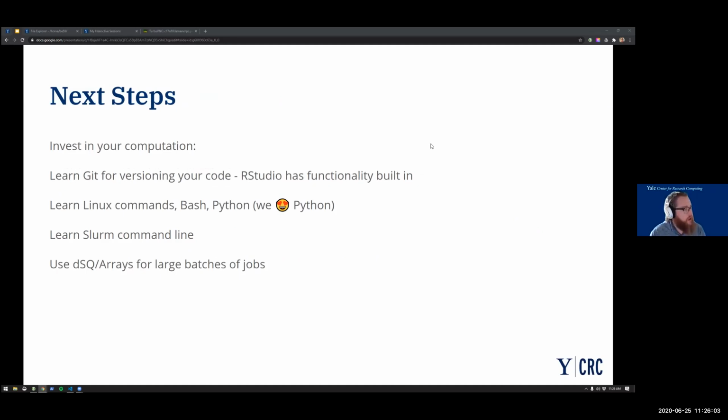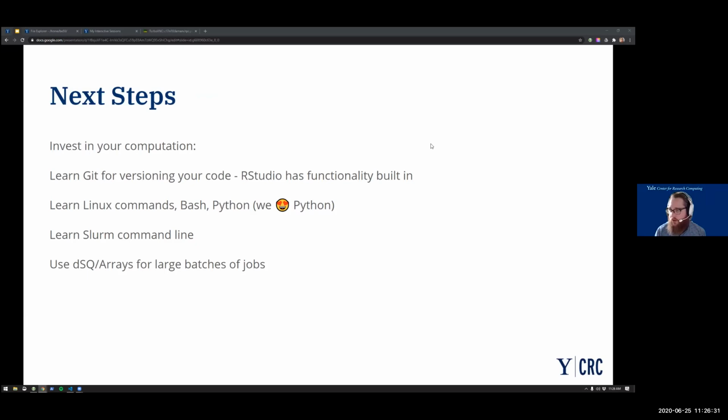So after you get up and running and you're happy with your RStudio work, what to do next: we heavily encourage and are happy to help you along in your journey of investing in your computational skills. Some directions that you can take yourself in are learning Git for versioning your code.